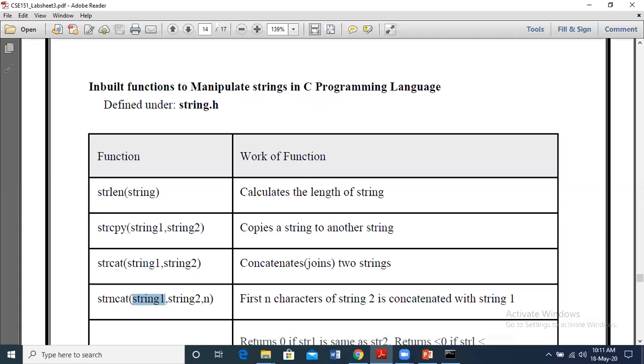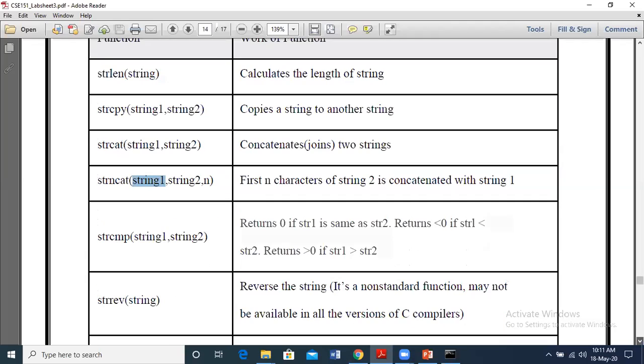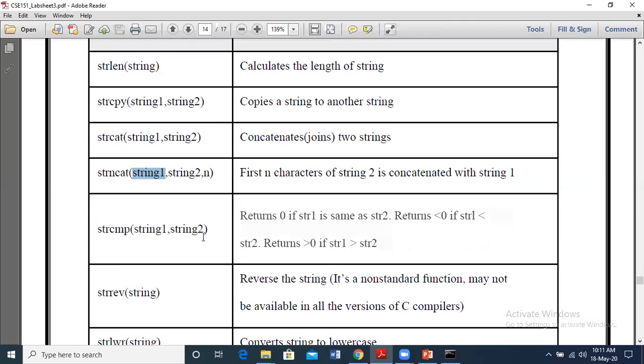Okay. Next, we have string compare. In this case, we have two strings, and we will compare if they are equal. For example, if we give string 1 as ABCD, note that small letters and capital letters are different. Because the case matters, they will have different ASCII values. So if we give this as capital ABCD and this as small abcd, still they are not equal. In case we give both equal, capital ABCD and capital ABCD,